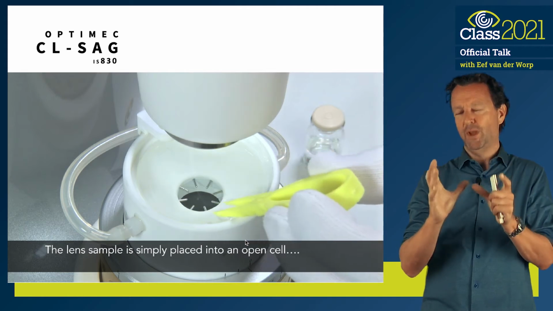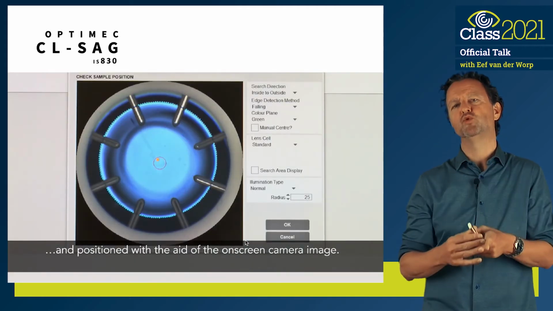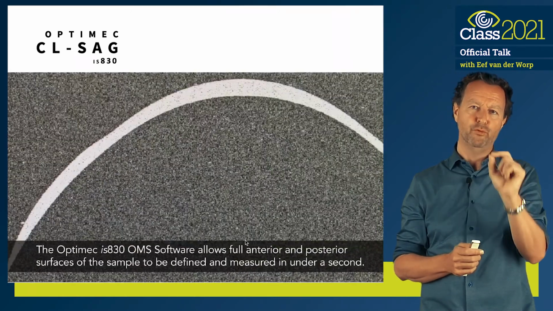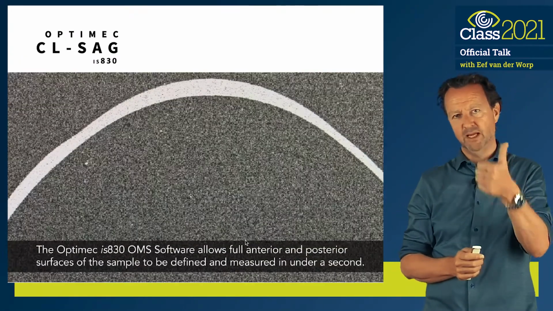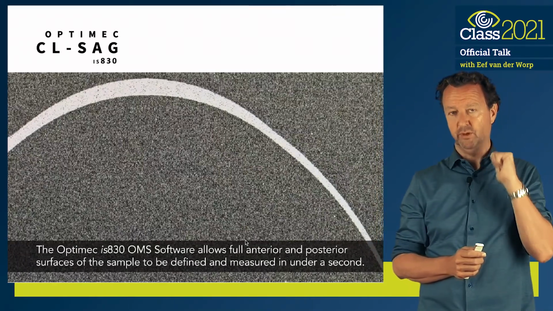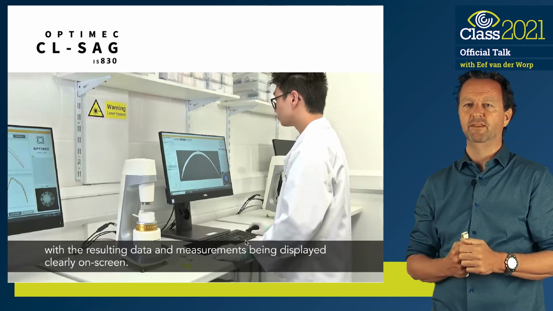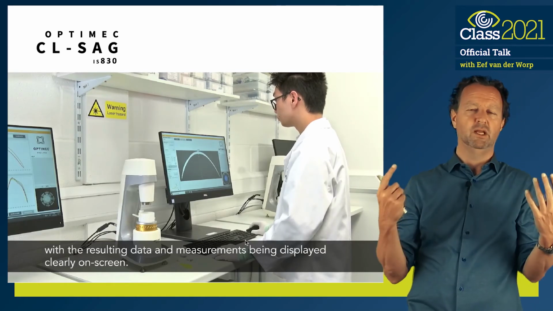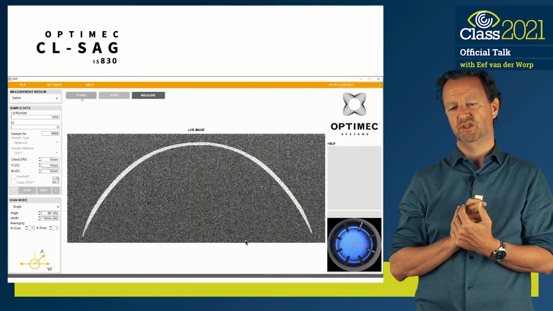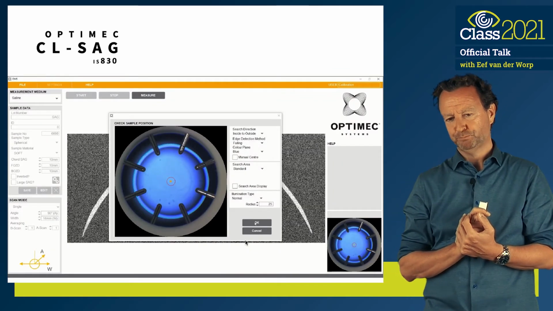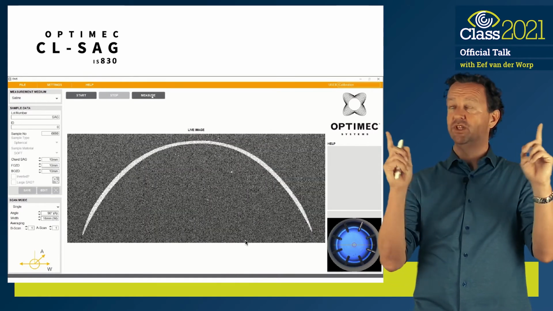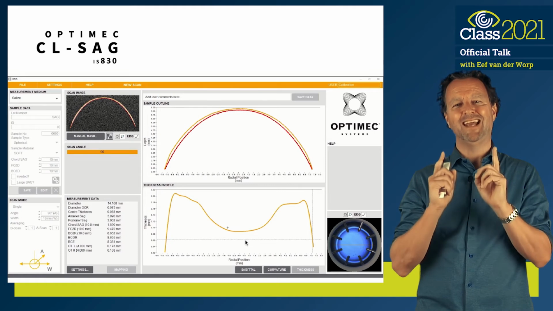For our studies, we used one investigator for all of our lenses. In fact, we did 44 lenses, some daily disposables, some reusables, and some toric lenses, and we measured them all like this. You can even look at lens design and everything, but the one parameter we were interested in is the sag, and we measured all of them at 20 degrees, which is room temperature, and that's the ISO